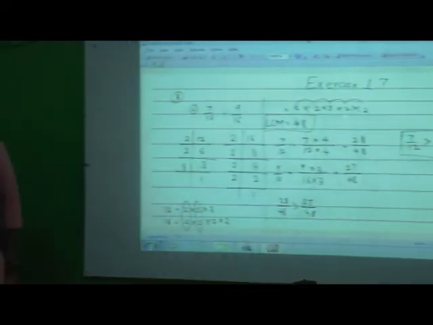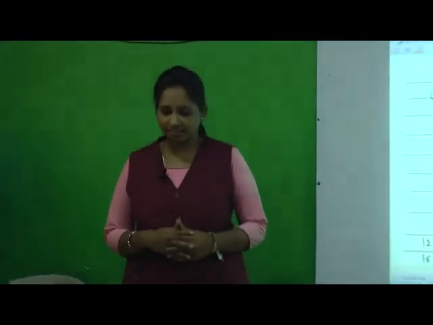Today, what have we solved? We have solved exercise 1.7 A and B questions. Three examples I explained here on the board. The remaining examples you are going to solve today itself in the rough book. And the C question and the D question, try to solve by your own in the rough book, and in the next episode just cross check your answers along with my examples.